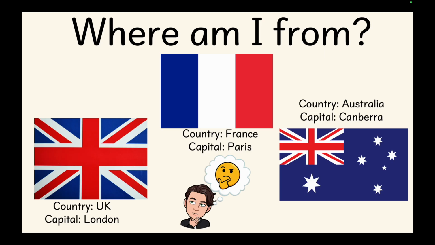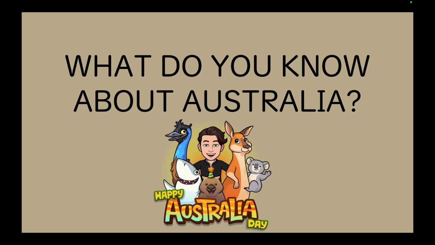Sometimes some of the schools have announced that we have the new AET from Australia coming, so some of them already knew, and I was like, sad. But if they didn't know, a lot of them were like, French, he's French. And I was like, no, Australia. And then, what do you know about Australia? Instead of me telling them, you tell me. Most of the time they're shy, so I just use this image as an excuse. I go, what's this? And they're like, koala, kangaroo. They actually can guess most of them.